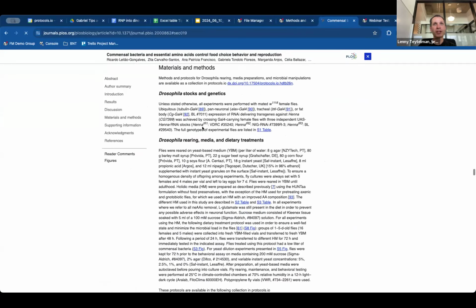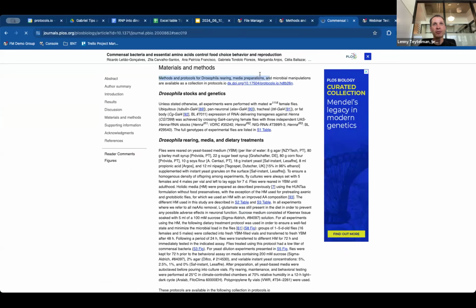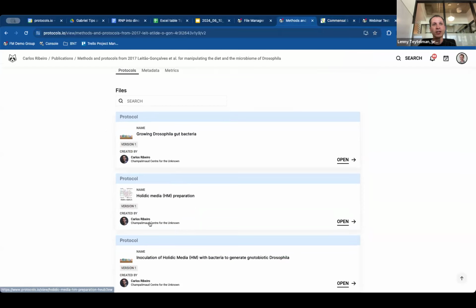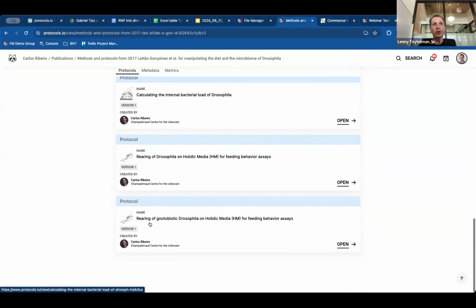If you go to materials and methods, you'll see that at the top, they say the details for how we work with Drosophila, how we prepared the media, and other items are available as a collection. So you don't need to add 10 different links to the protocols. You group the 10 protocols together in a collection. There's a single link, single DOI, and when you navigate to it,